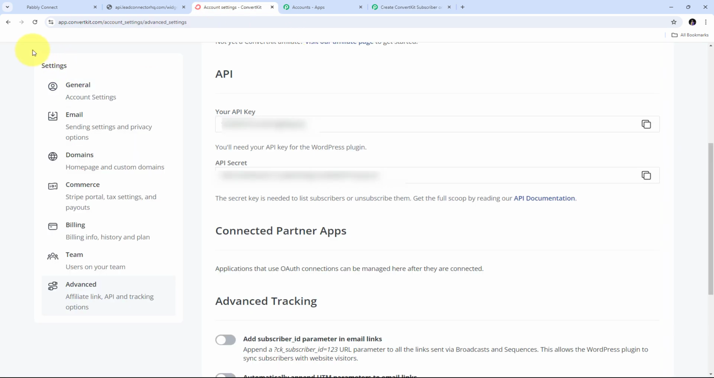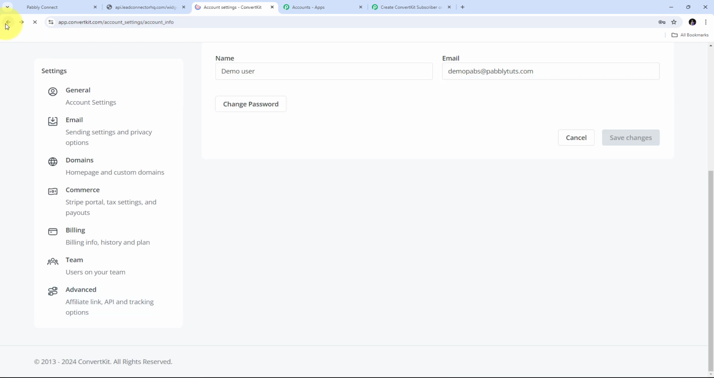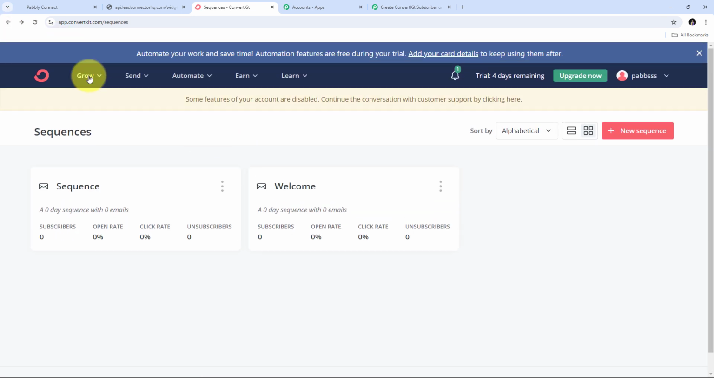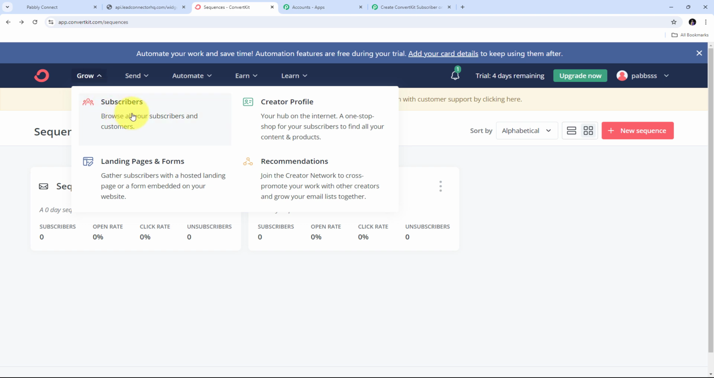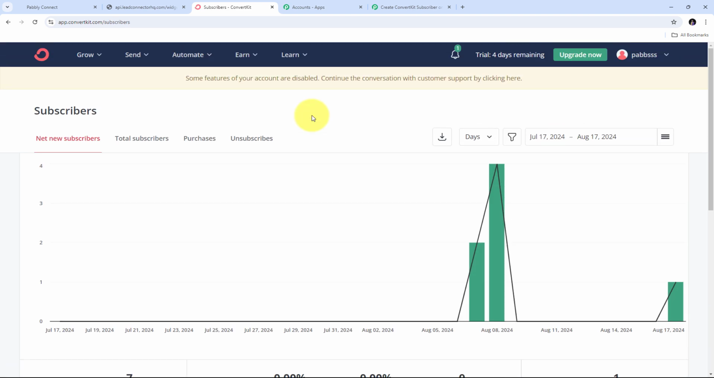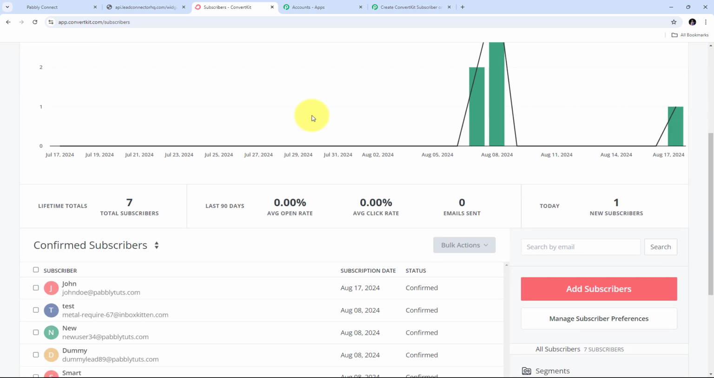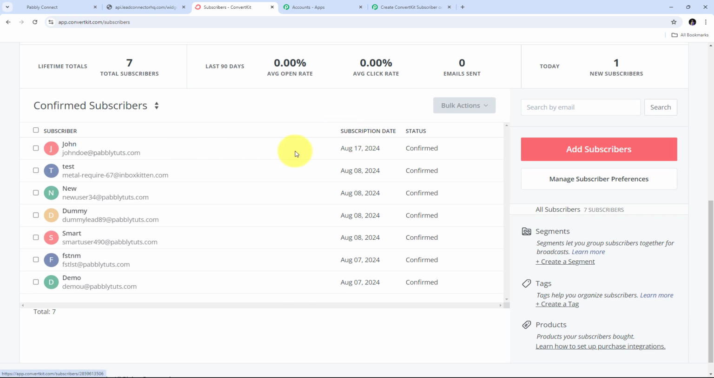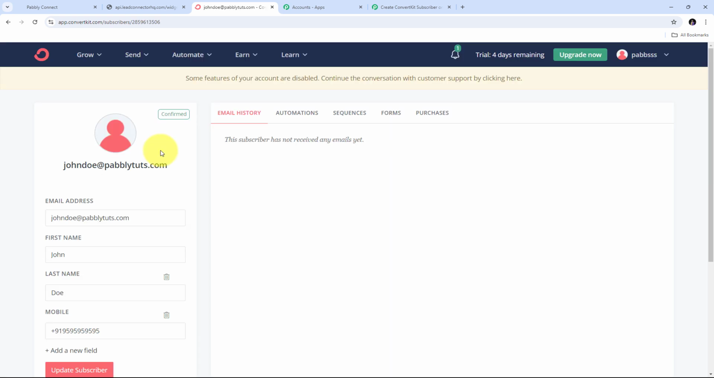I will go back to my account, and here I need to go to Grow, and I'm going to open subscribers. Now here in subscribers, I need to scroll down, and we can see I have created this new subscriber that has the first name as John. So I'm going to open this, and here we can see I have created the subscriber in ConvertKit with this